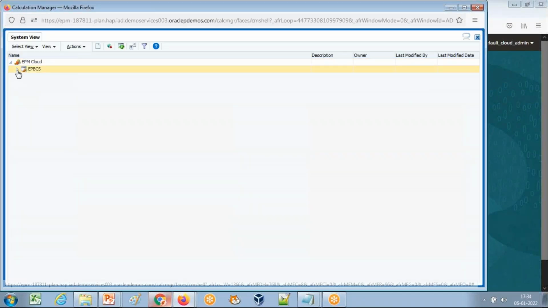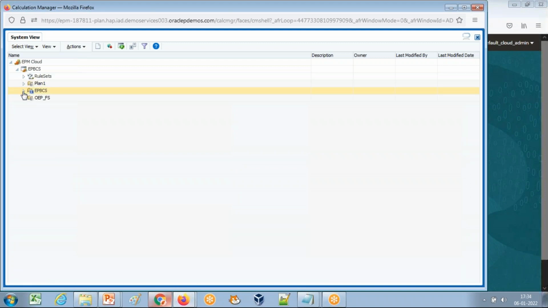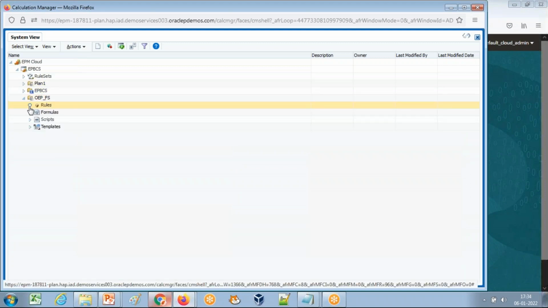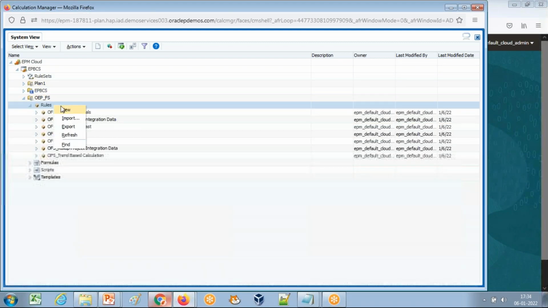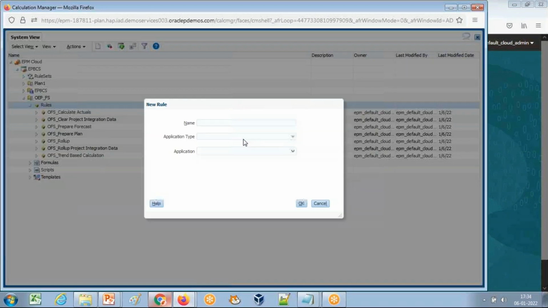I'll be creating this rule precisely for my financial cube. So right click, rules, create new rule, called manage metadata, or rule add new product.